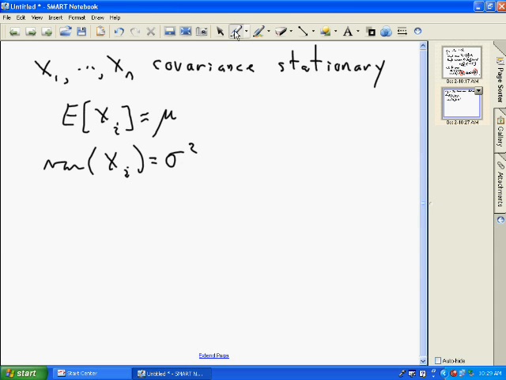Okay, and finally, we're going to say the following, that the correlation between two of the random variables, and that's going to be defined to be rho of i,